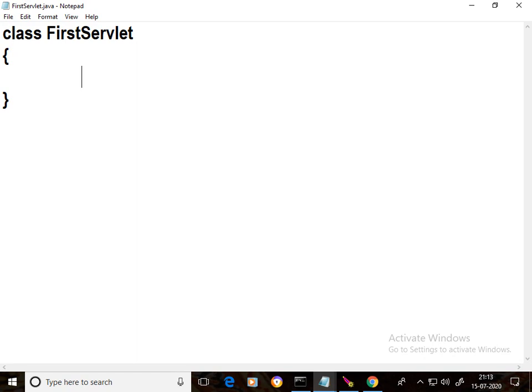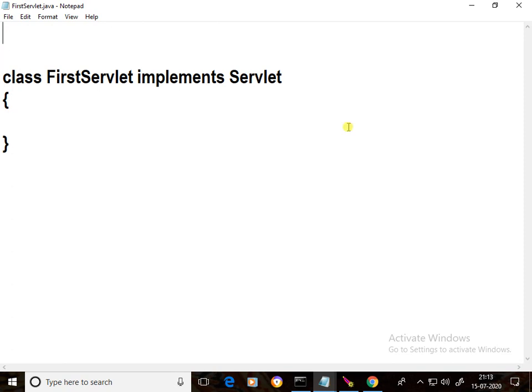To derive the lifecycle, we have to implement the Servlet interface. The Servlet interface is a part of the javax.servlet package, so we need to import the package. See here, implements Servlet.